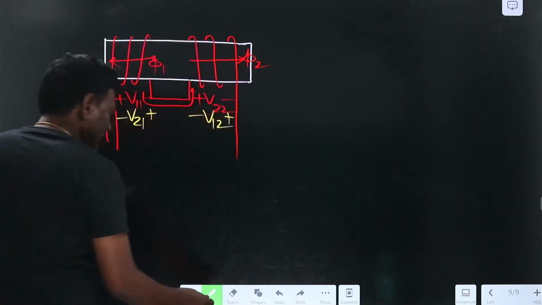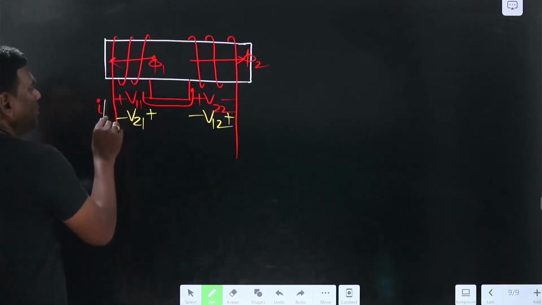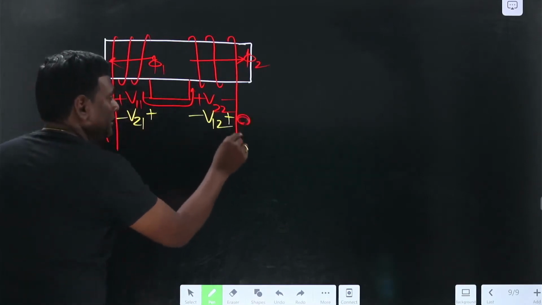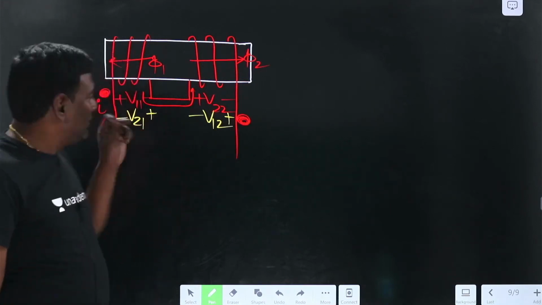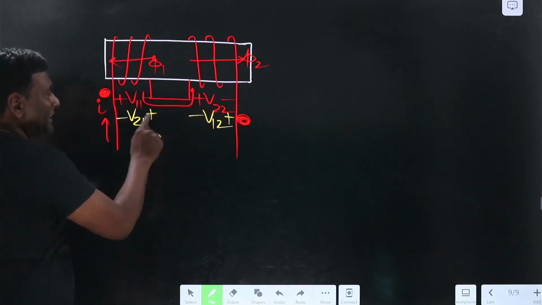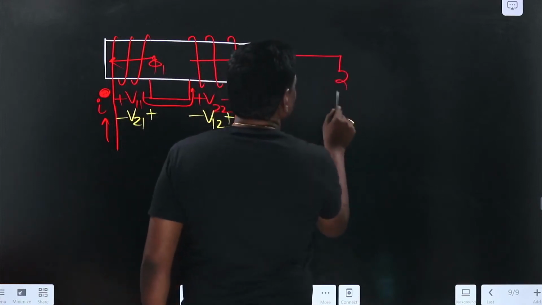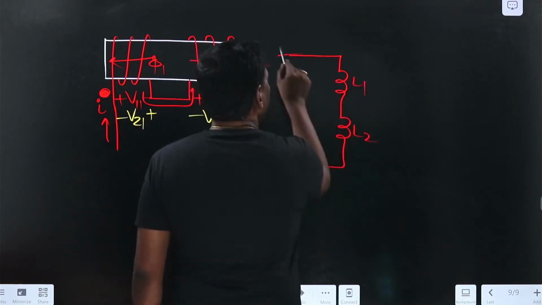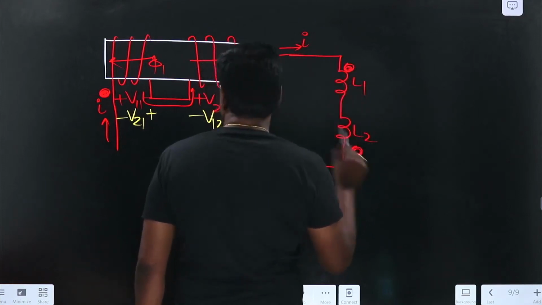Or if I think of keeping the dots, see here, if I put a dot here for self, this is going to be for mutual. Actually the color coding has been changed, of course it was unintentional. So self to mutual dot, here dot, or here dot is going to be the same. So net is going to be L1, L2, I, and if one dot is here, another dot is going to be here.